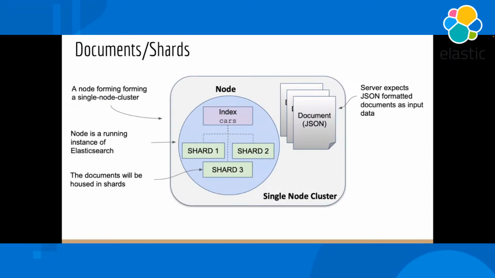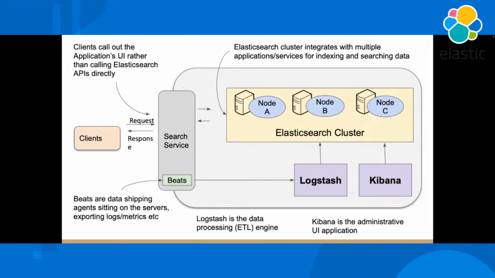Now, I can certainly go through this one, but in documents and shards, basically, as I said to you, JSON documents are the ones which are input into Elasticsearch. So you can have multiple indices on a node, and each index can have multiple shards as well. So this is an Elasticsearch cluster, and you have 3 nodes there. That means you have a cluster with 3 nodes, on 3 different virtual machines or 3 different servers. Ideally, what you do is create a search service rather than exposing your Elasticsearch to the end clients.